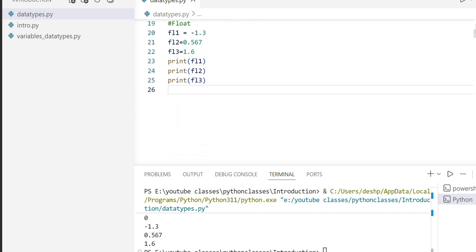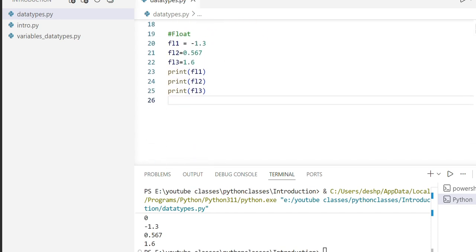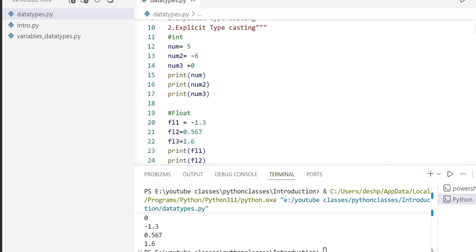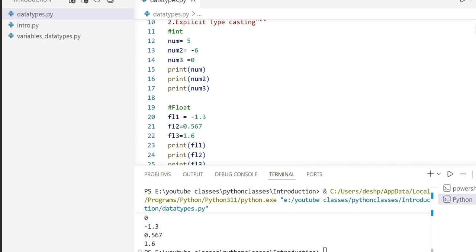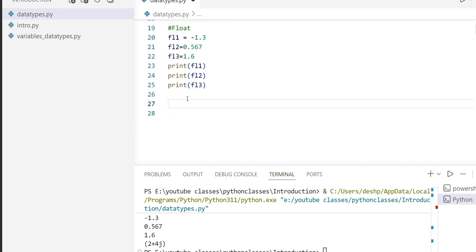We have finished int and float, and coming to complex numbers. Here we are assigning 2 plus 4j to C. If we print C, then we get